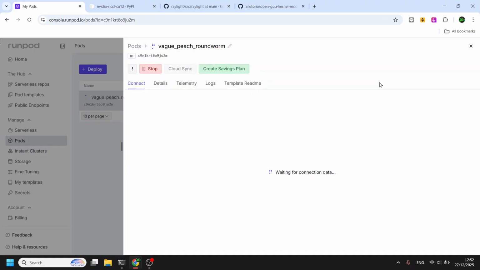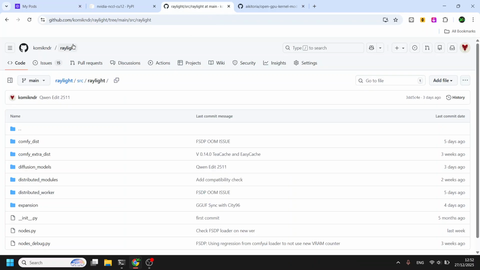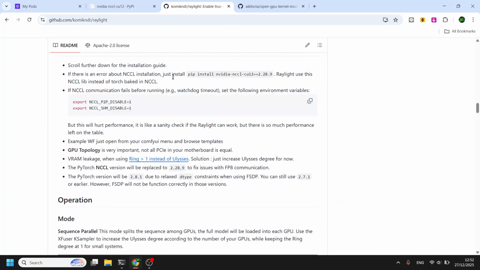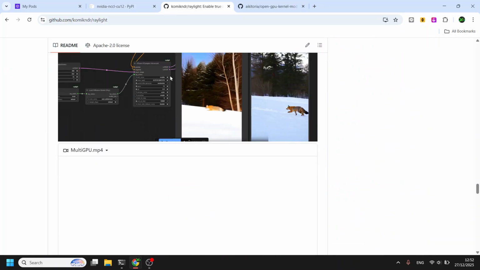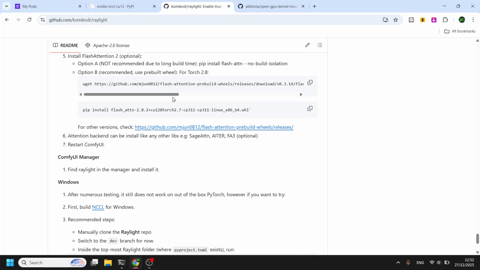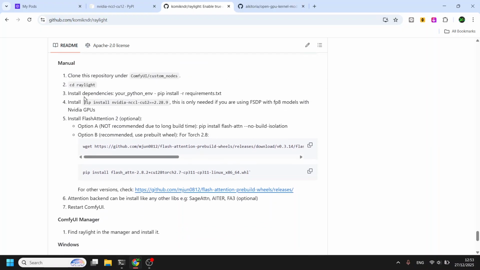For the first part of the tutorial, we are going to install Raylight as is, without any further modification. This is because there is an issue with NCCL, where NCCL itself cannot do FSDP with some FP8 models.